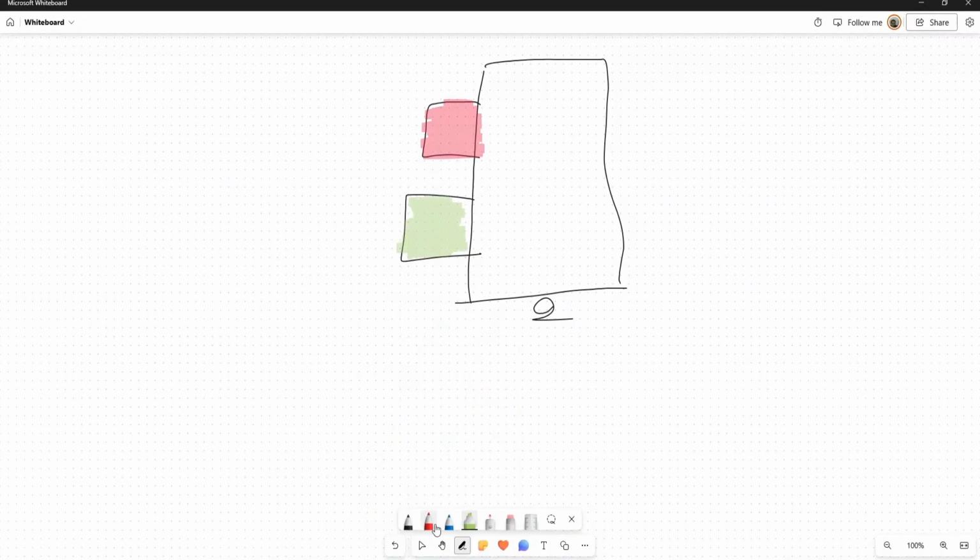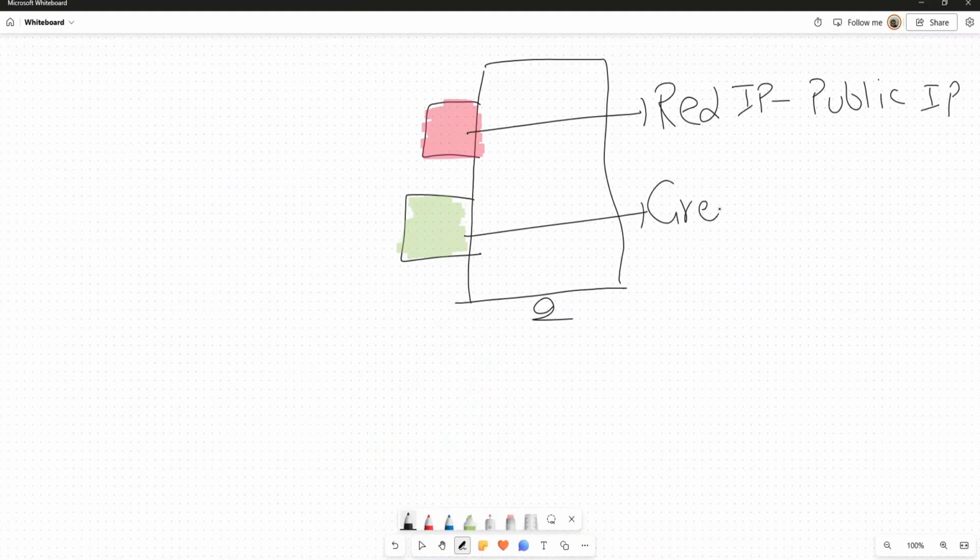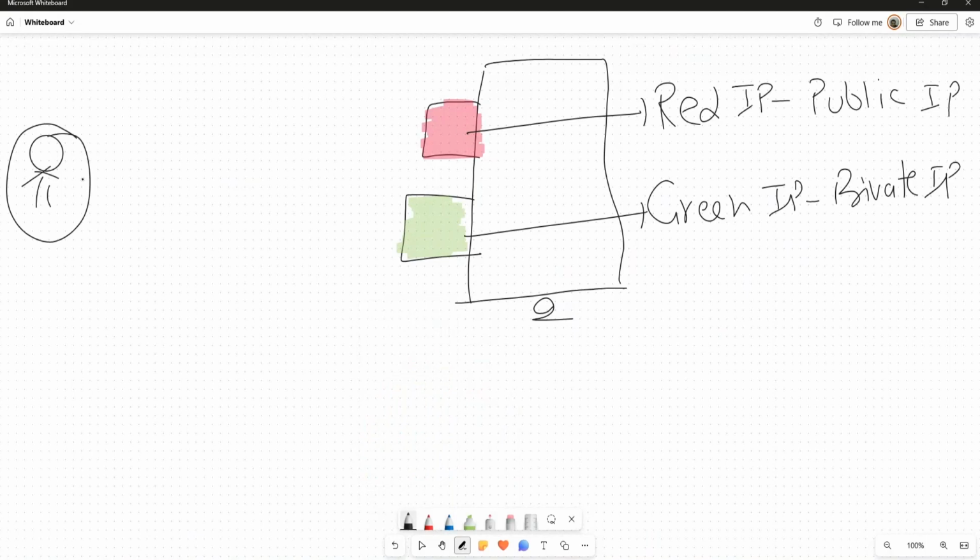By default, the red IP we call the public IP, and the green IP we call the private IP. Red IP means public IP: sitting anywhere in the world, you can do the RDP connection to the public IP.